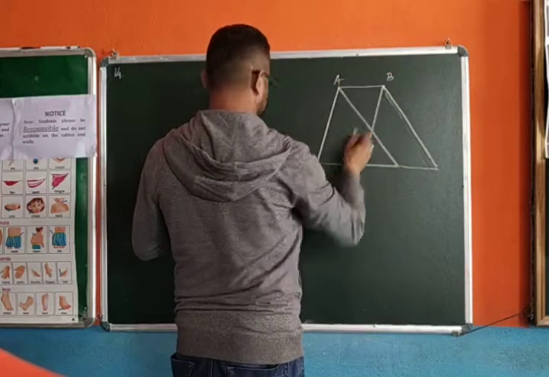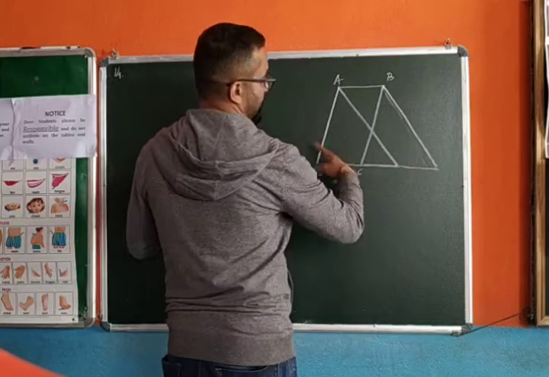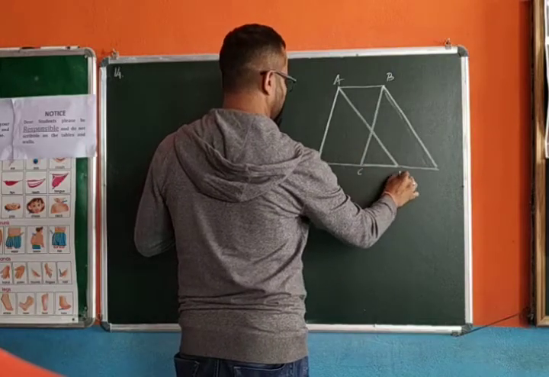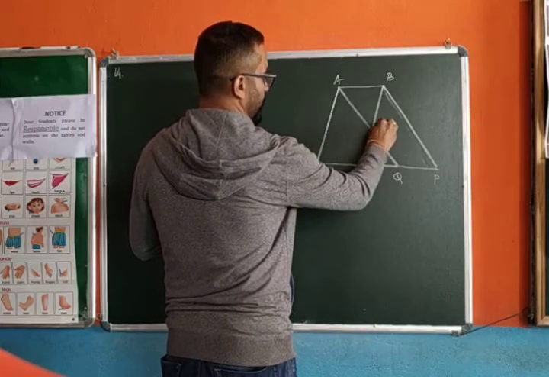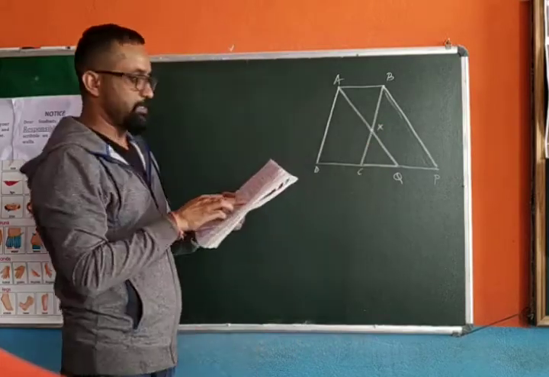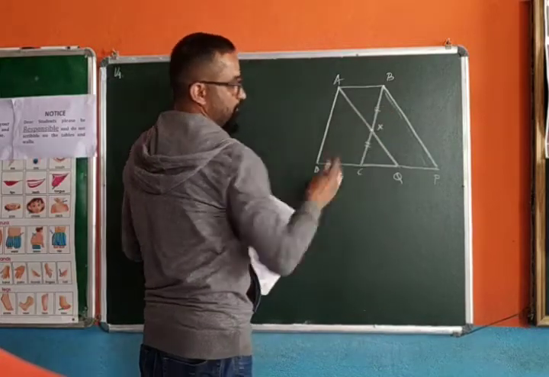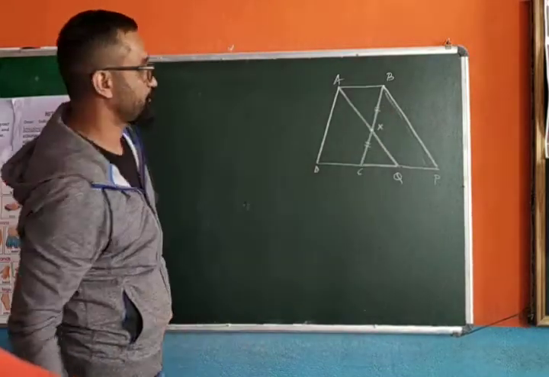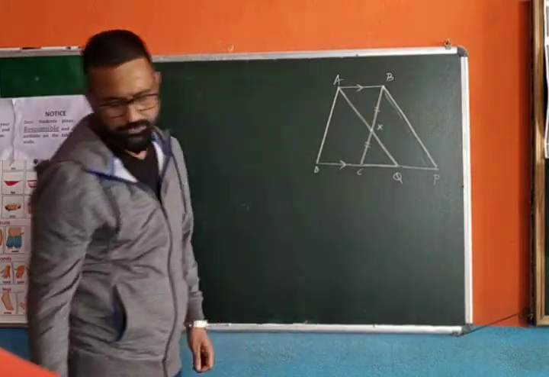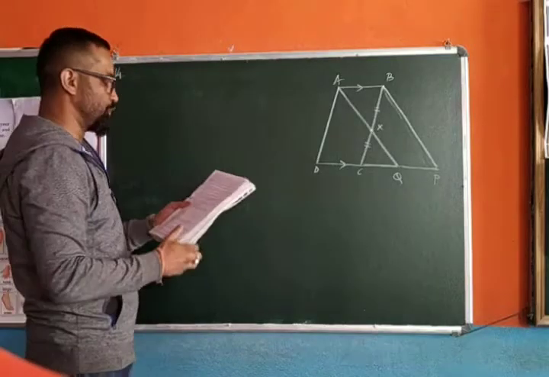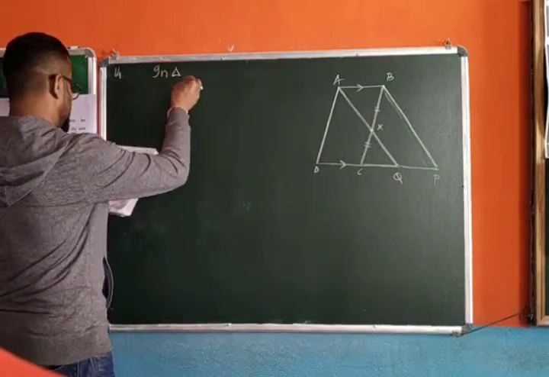ABCD is a parallelogram. It is produced such that it meets at Q and P. X is the midpoint of BC, which means these two sides are equal. You have parallel lines here. The question says prove triangle. So write in triangle